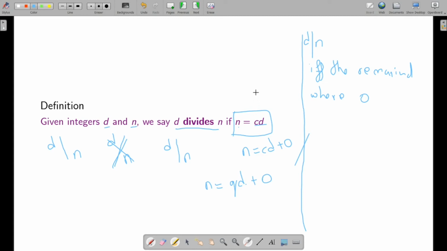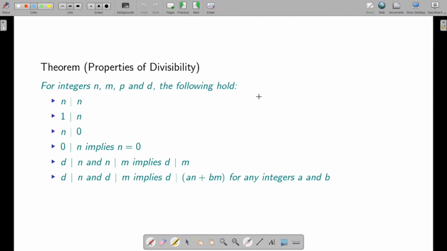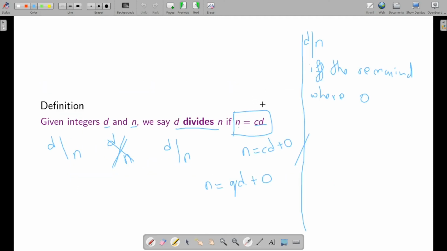Okay, so let's move forward. There are some basic properties of division. Just another point here. There are some books, one is Burton, which does not allow for d to be 0. It tells you that we can't divide by 0. So in Apostol, which is the book we are following for this course, we allow for d to be 0. So just a point to note here. In some cases we don't allow for d to be 0, but in this case we are allowing for d to be 0.